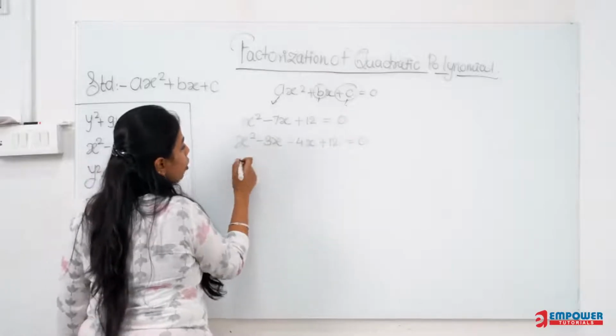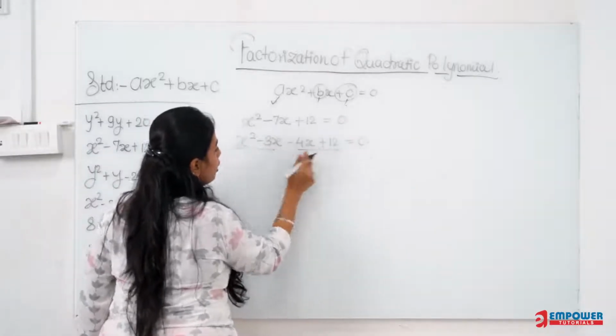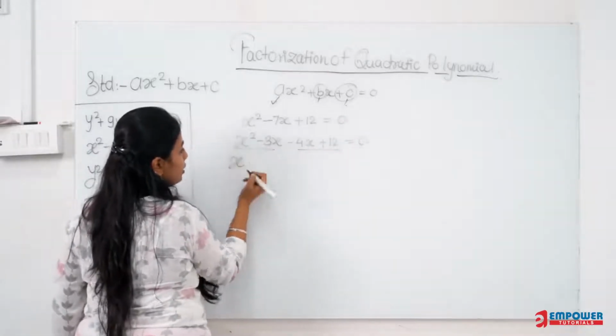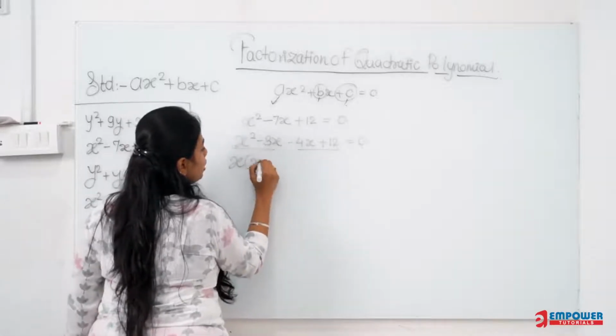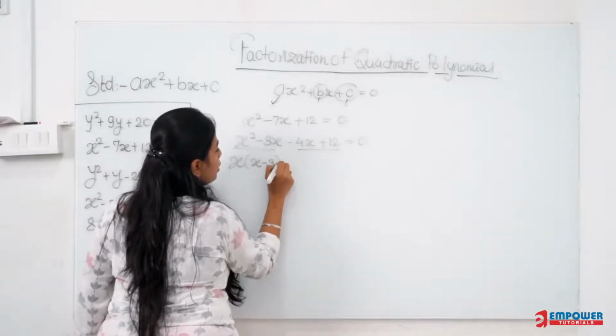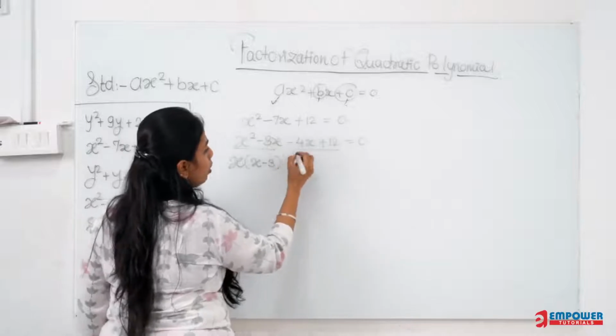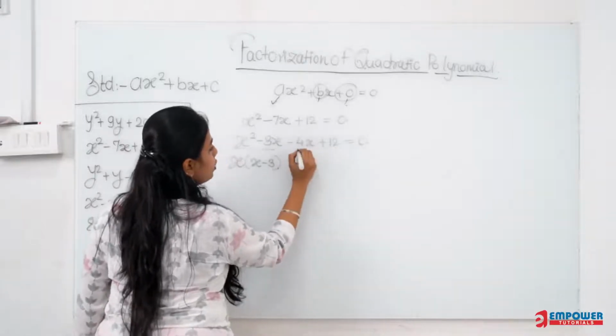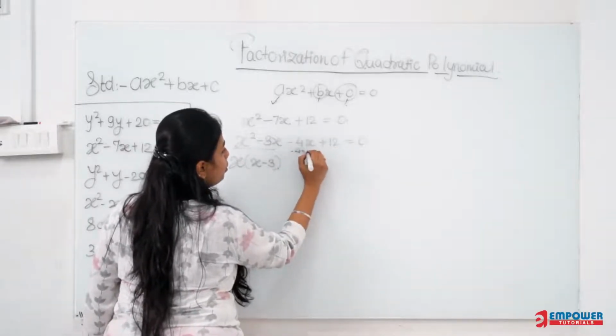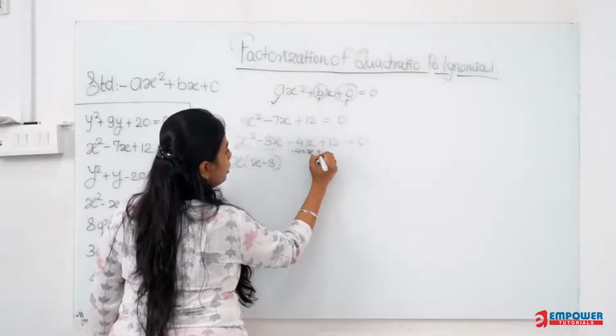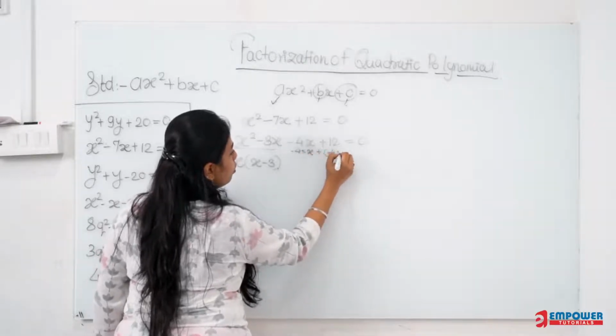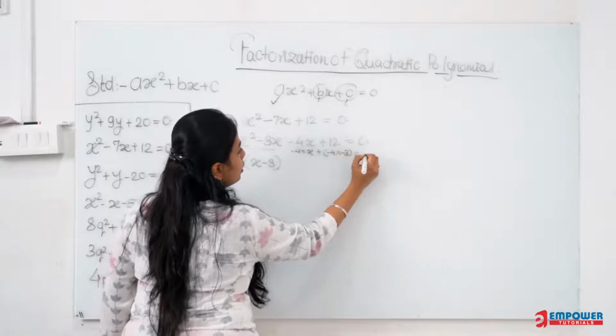So now what common factor? I will take a common factor between these two. I have x as a common factor over here. So in the bracket I will have x minus 3. Now here what I have as a common factor is minus 4, so minus 4 into x, plus here I have minus 4 into minus 3 is equal to 0.